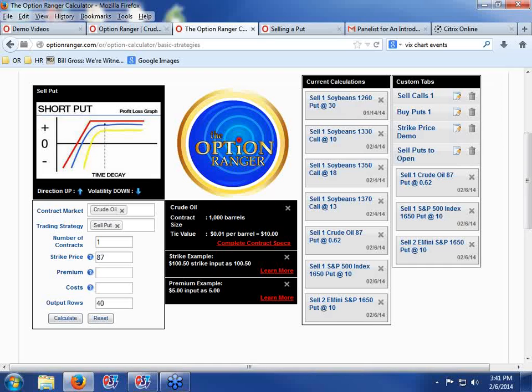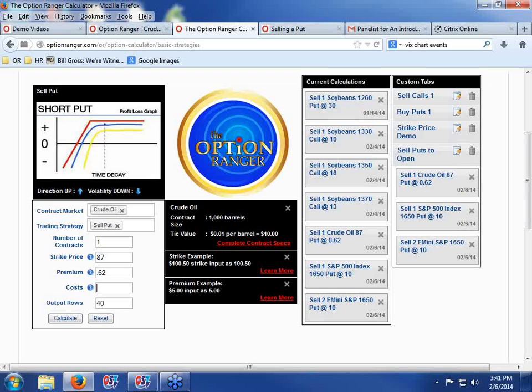The premium that we had here, and I'm just inputting it again for purposes of illustration, was 0.62, and again we have indications here on how to enter the premium, because tick values are different in all of the markets, and by having these inputs you can do the math around